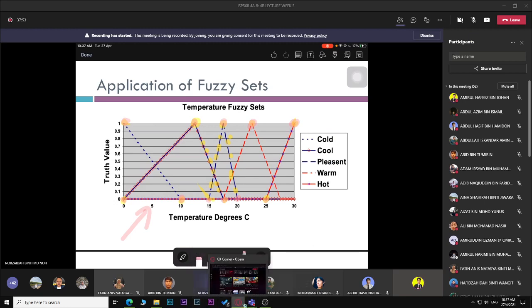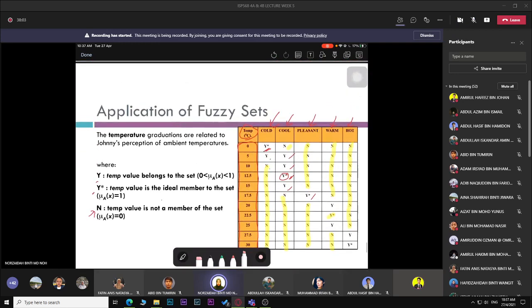Which one? Is it triangular, right? Yes. It's easier because it's triangular. But there are some cases where you cannot use triangular. For example, if you place it here, let's say this is Y star, this is also Y star and this is also Y star. So the graph will not be triangular. It will become like